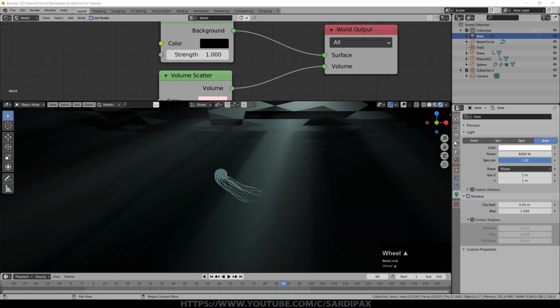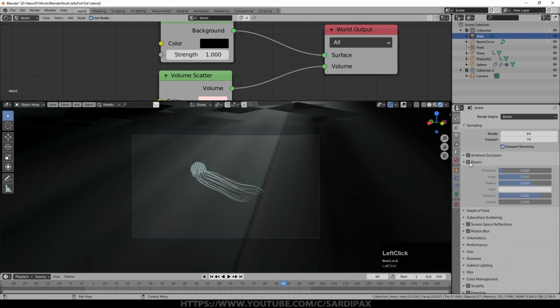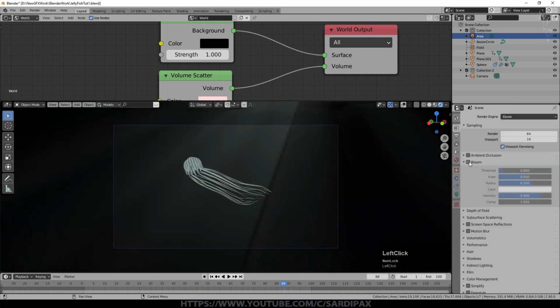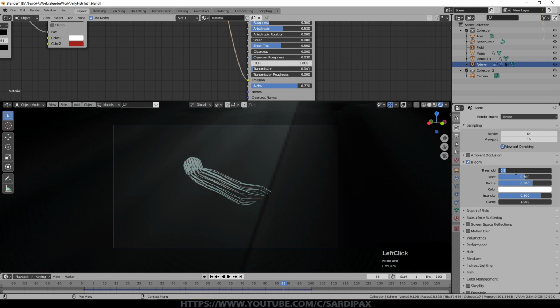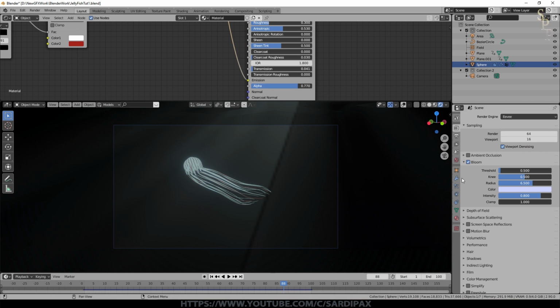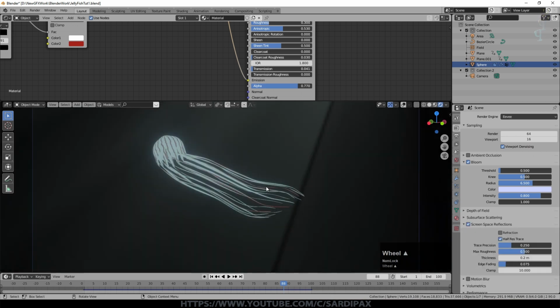In terms of the EV settings I used, I turned on bloom as you might expect. I'm going to turn this lamp down a bit further. I think it's still a bit too much. So I used bloom. I had the threshold at about 0.5. You can see we're now getting a little bit of glow there. Everything else was default. If you want to, you can add a color to the bloom, of course. There's a slight bluish hue to that color. That's up to you. I turned on screen space reflections. Not so important, but it does mean if you get any shiny parts to the scene, then that will help with those. But I left everything at default.